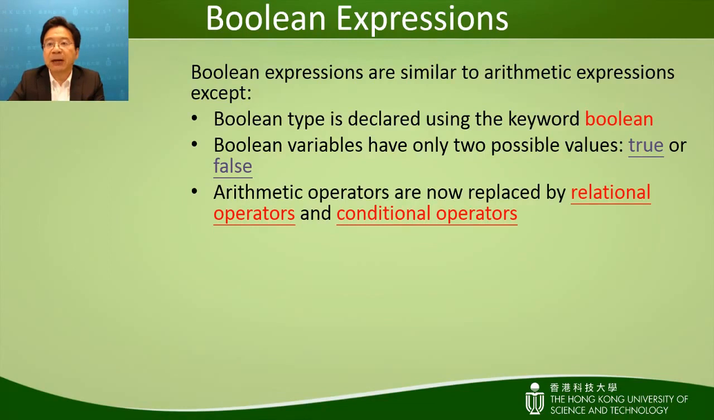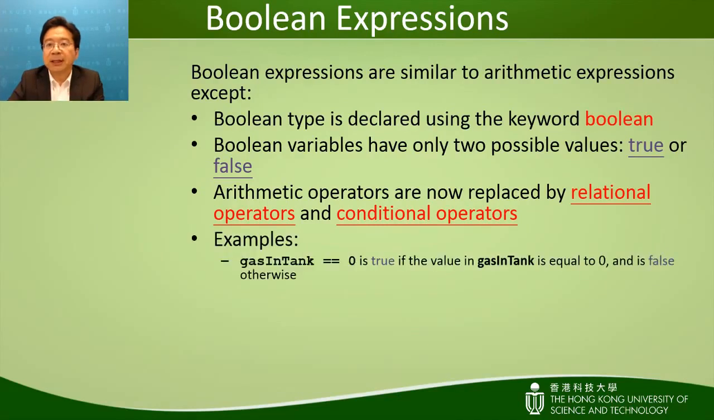Arithmetic expressions are now replaced by relational operators or conditional operators. Before discussing relational and conditional operators, let's first take a look at how Boolean expressions could be used in the examples that we have discussed before. In the class of car example, we may want to check if the gas tank is empty. The expression gasInTank == 0 is true if the value in gasInTank is equal to 0